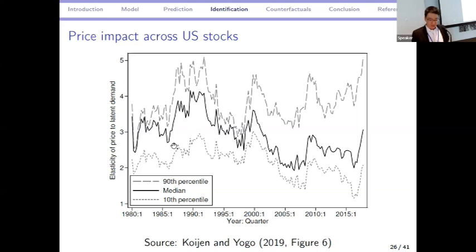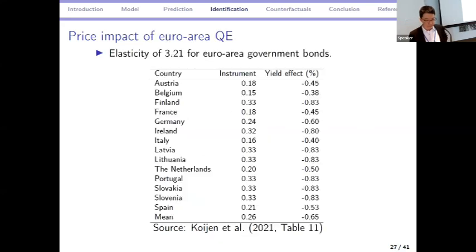The other thing that you see here is a cycle. So price impact tends to go up in recessions like 1991, the global financial crisis, and the 2001 recession. Okay, so markets become less liquid in bad times. Okay, so we have price impact measures based on the Euro QE experiment, where the implied elasticity is around 3. And if you remember Christie's paper yesterday, I think she cited a number close to 5. So there's some agreement that government bond elasticities seem higher than equity elasticities.